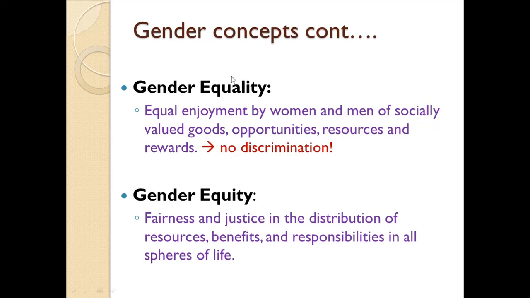So while the intervention aims at making sure that people have opportunities, or they participate in enjoying goods and services and rewards and resources, it should matter that based on how different certain groups, or how men and women are disadvantaged, there must be some level of fairness and justice in terms of distribution of those goods and services. It shouldn't just be about distributing goods equally, but about fair and just distribution of those goods and services, or benefits, or